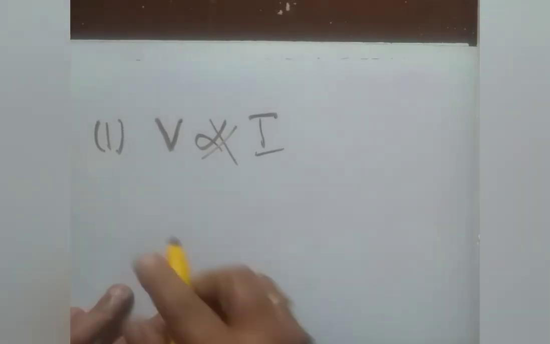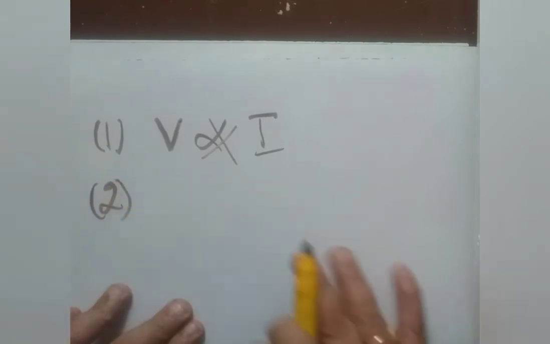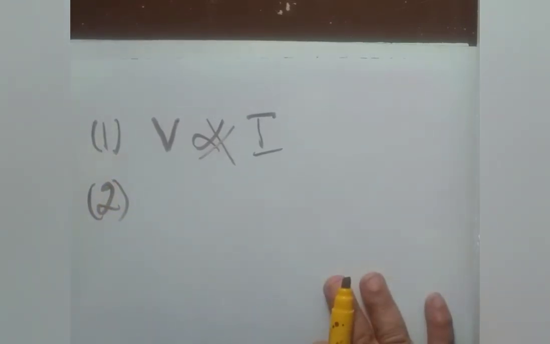And the second one: when we reverse the voltage, the current's decreasing value is not reversed. It will take some other value. That means there is no proportionality in the reverse direction. That means in some semiconducting diodes, the current is not proportional to the voltage. Therefore, for semiconducting devices, Ohm's law is not applicable.